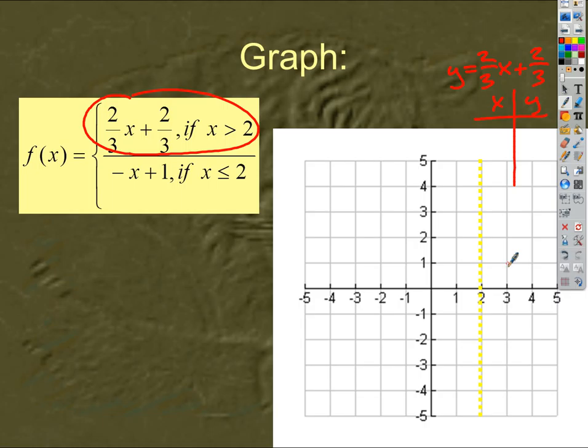Well, we could. I could put 2 in, that's fine. Does 2 work? That's not a bad point to pick. If I put 2 in there, what's 2/3 times 2? 4/3. Plus 2/3? What's that? 2. Okay, so that is a good point. If I pick x to equal 2, I get y to equal 2, and so that is a point that